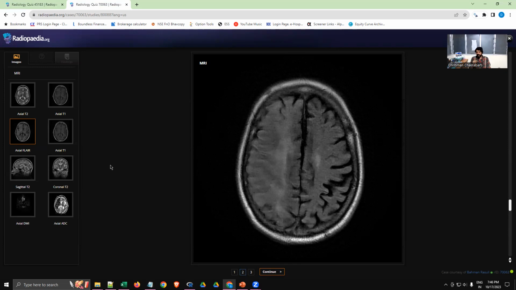in that time, your DWI will become bright white within a matter of minutes, meaning 15 to 20 minutes. ADC will start showing in a while. It will not show immediately, but in a span of a few hours, your ADC values will start becoming black in a stroke patient. After that, when it becomes a subacute stroke, meaning more than 3 days up to 7 days or 7 to 14 days,